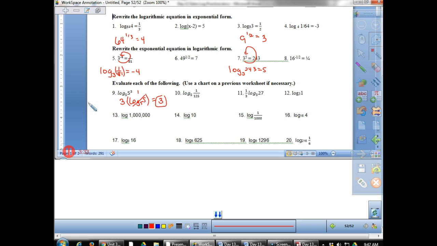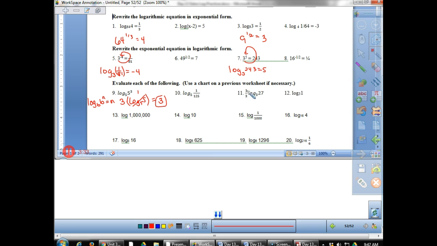And we also learned in class, I think this was yesterday, that if you have a log with a base and then that same base to some power, let's just call it n, the whole thing will simplify down to that n, and that's what happened here, simplify down to 3. Okay,